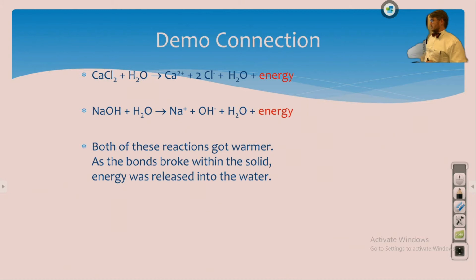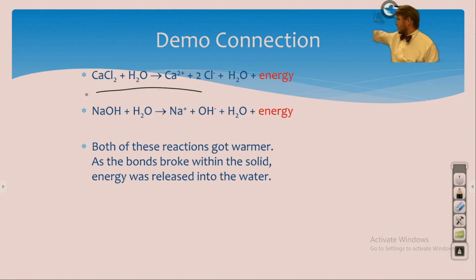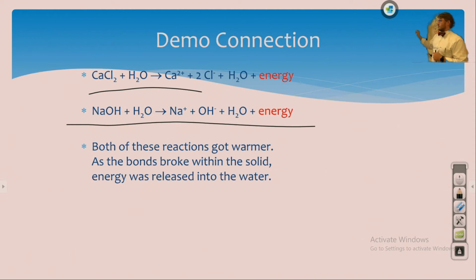some reactions can look like this. If we were in class, I'd do the demo here. Calcium chloride dissolving is always an exothermic reaction. They get warmer as objects dissolve, like calcium chloride dissolving in water, or sodium hydroxide dissolving in water. It releases this energy on the right side of the reaction, normally given to us in some sort of number in kilojoules. There you go. We can relate this kilojoules to the number of moles